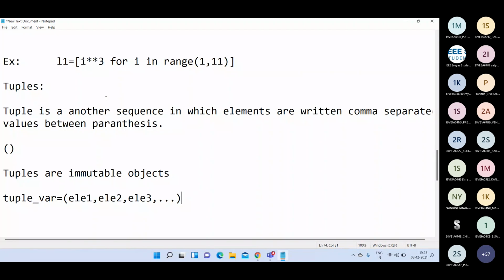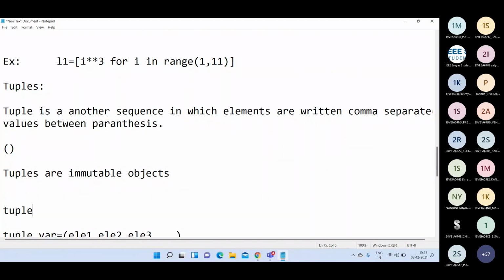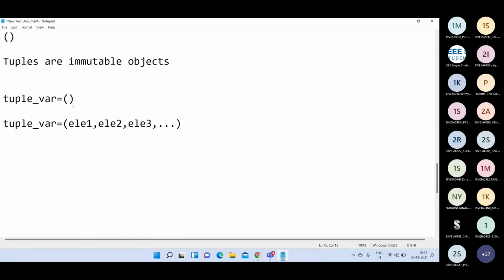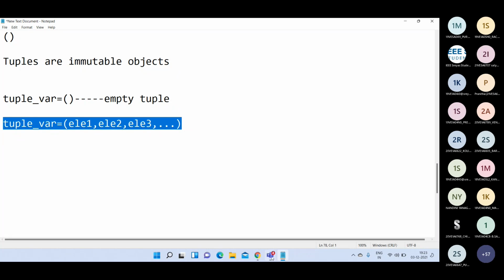Or sometimes it is possible to create an empty tuple also. You can write tuple variable is equal to empty parentheses. It will create an empty tuple, whereas the earlier form creates a tuple with a list of elements.